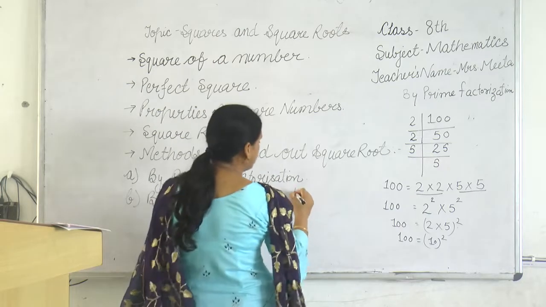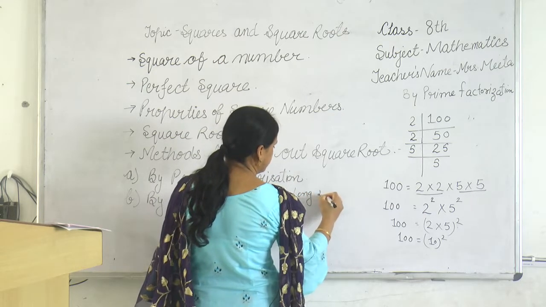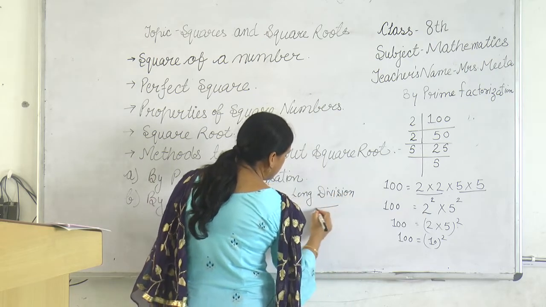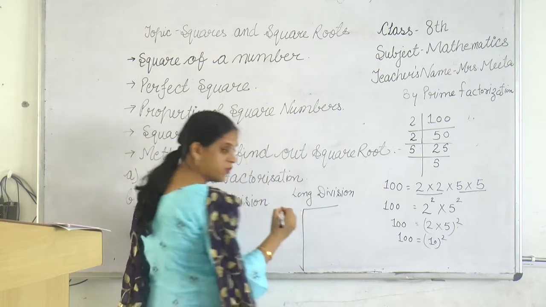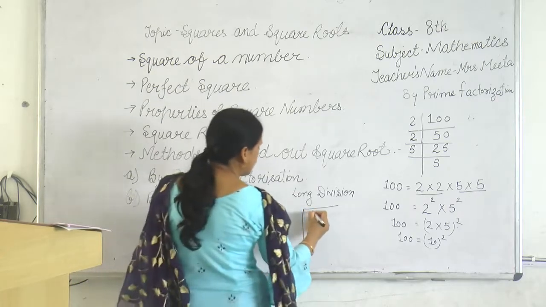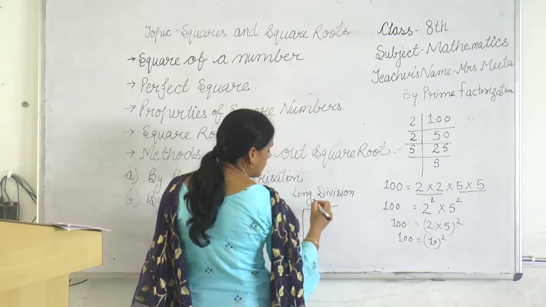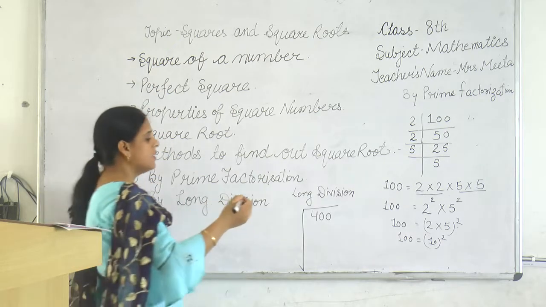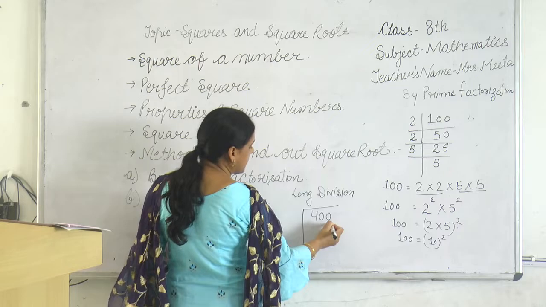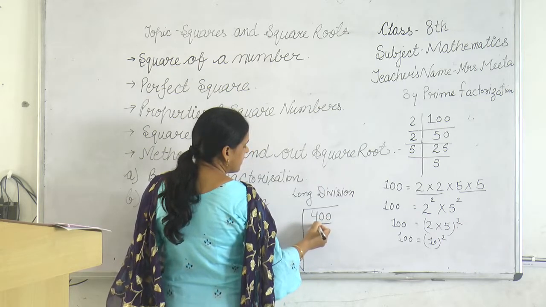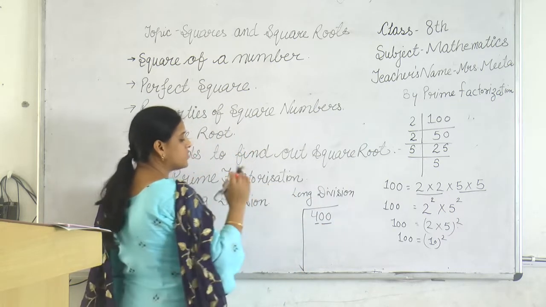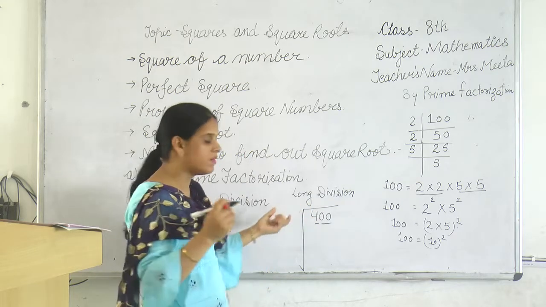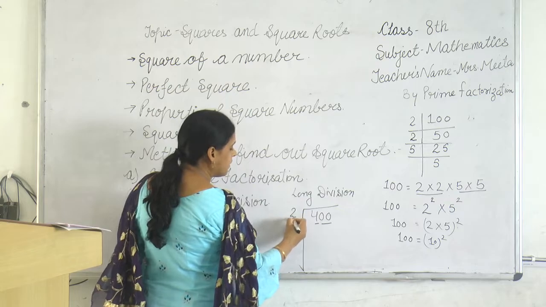Secondly, I am telling you the long division method. This symbol indicates the square root. If I take the example of 400, you have to find the square root of 400 by the long division method. Firstly, make pairs from the back side, from the ones place. It will be single. So you check this one. Is it a perfect square or not? Or the number will be divisible. So it will be divisible by 2.